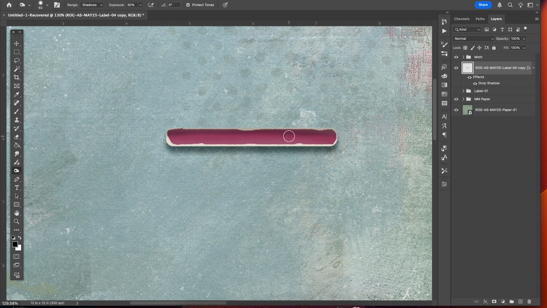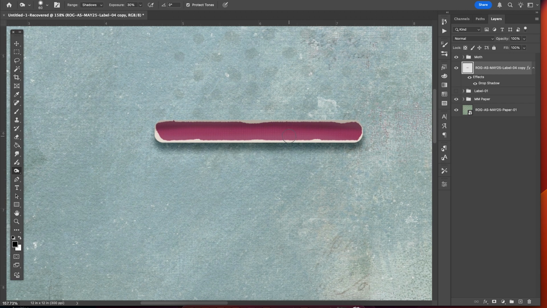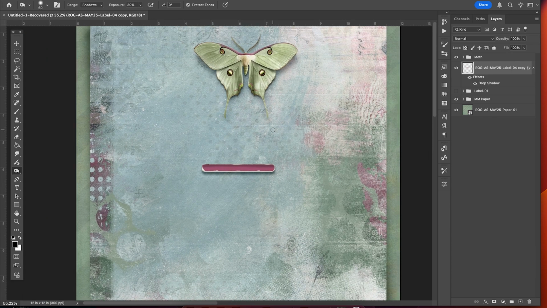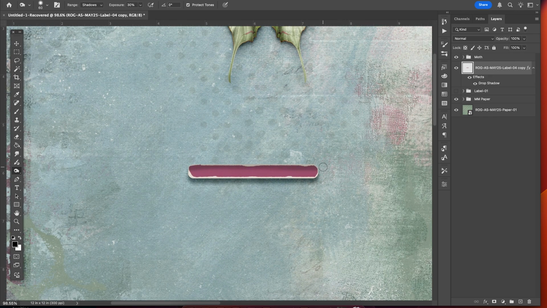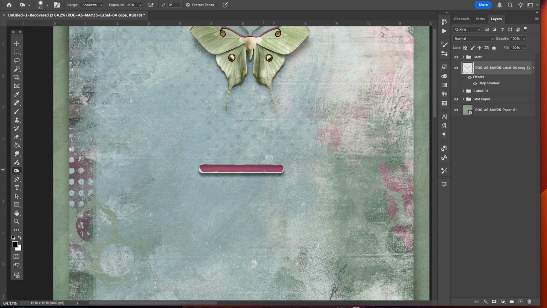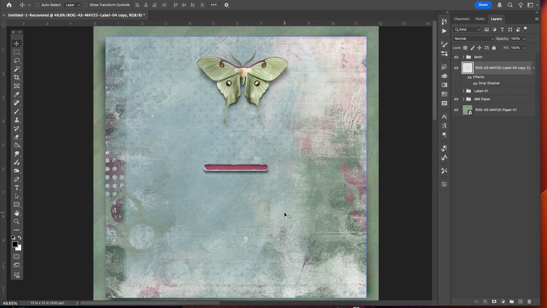Using the burn and dodge tool is very subjective, and oftentimes I have to do and redo, keep playing with my settings. Oftentimes I'll lower exposure and I'll make a softer brush. Sometimes I'll make a harder brush. Since I don't like that effect on the shadows, I'm just going to hit Command Z to undo what I had just done. But you can see using this burn tool on this label, on the highlights and the midtones, it creates this shadow effect to make it look like there's a bend or fold in this label. And I wanted to show you this on a different color label. Let me go back